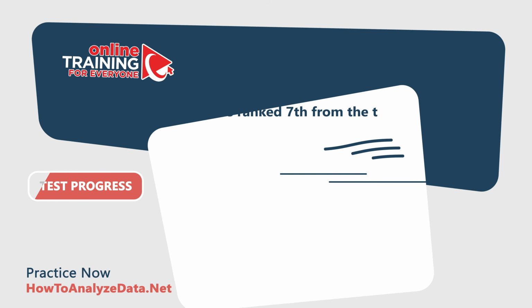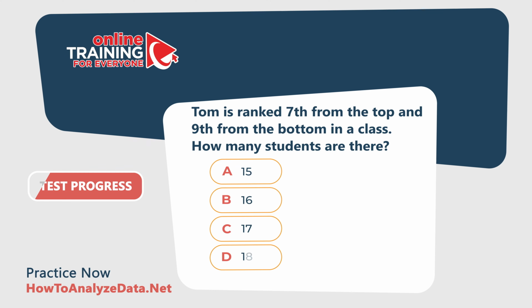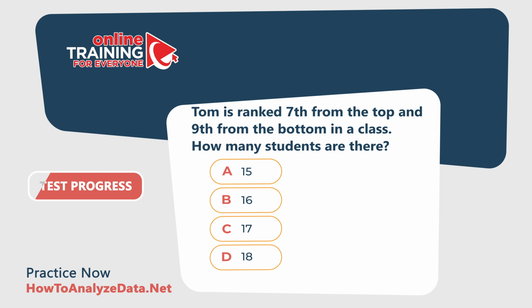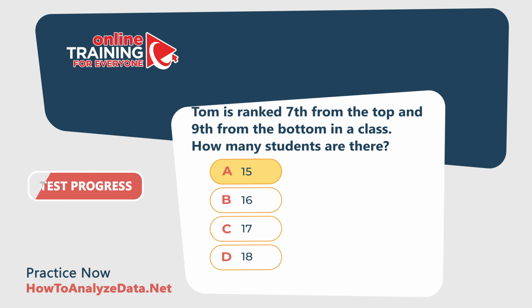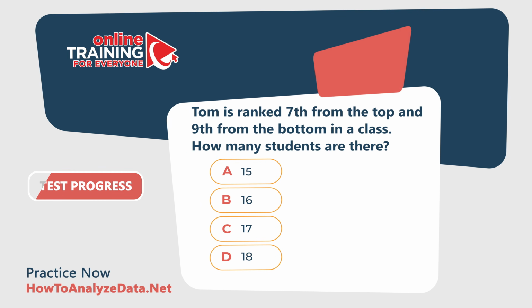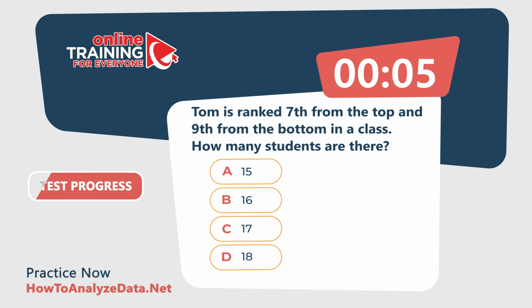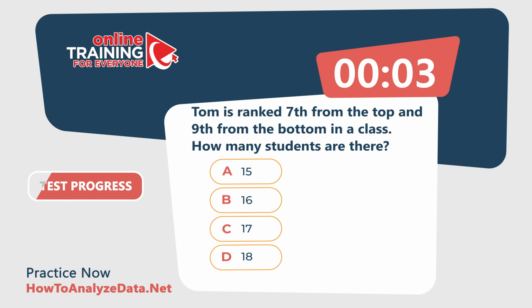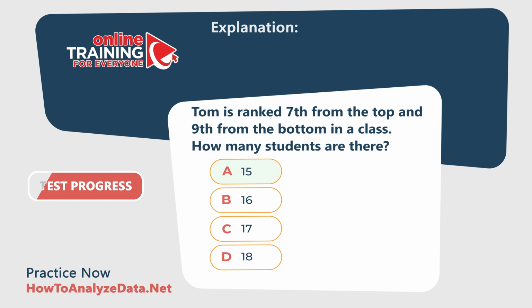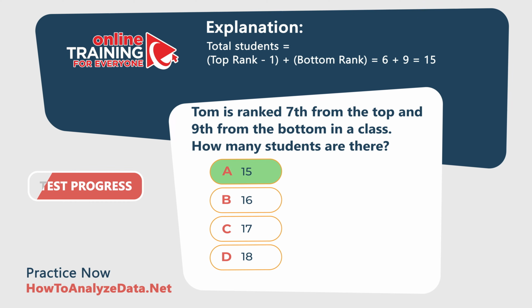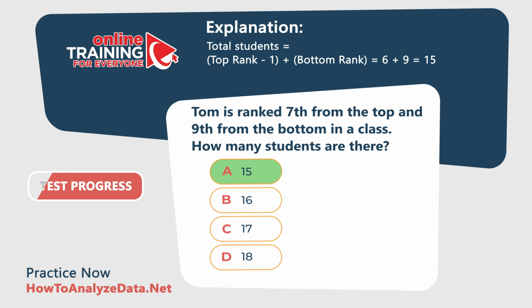Tom is ranked 7th from the top and 9th from the bottom in the class. How many students are there? A, 15, B, 16, C, 17, D, 18. The correct answer is choice A, 15. And here's why. Total students equals (top rank minus 1) plus bottom rank, which equals 6 plus 9